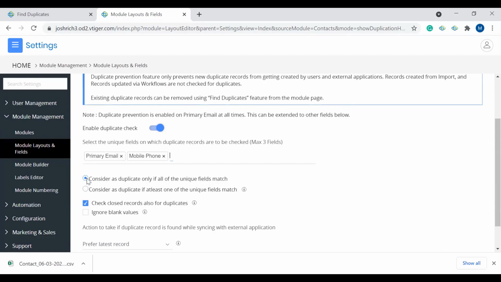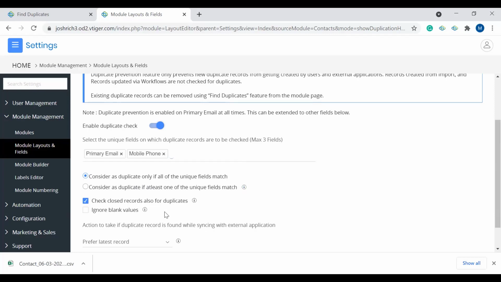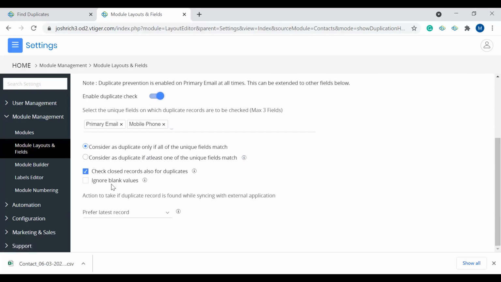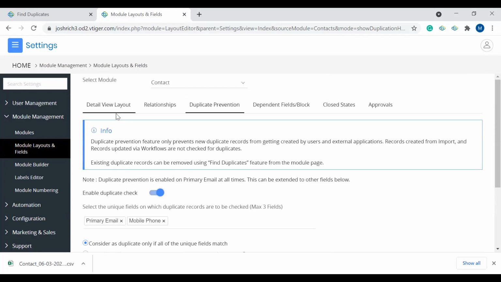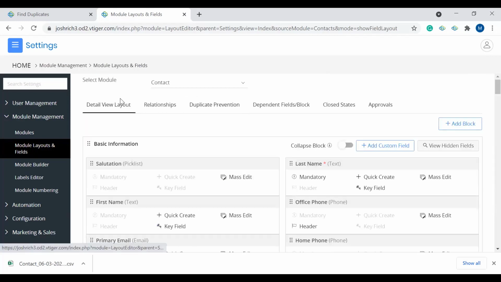And here you can choose if you want to consider as a duplicate only if all the unique fields match, or consider as a duplicate if at least one of the unique fields match. Check close records for duplicates. You can choose to ignore blank values, and actions to take if the duplicate record is found while syncing with an external application. And here you can choose to prefer the internal record, the external record, or the latest one that was created. And it's that easy to set up duplicate prevention, and you can do it for all the modules in the